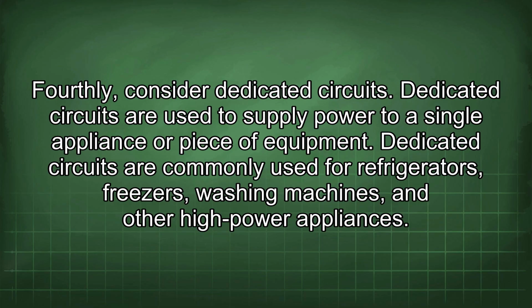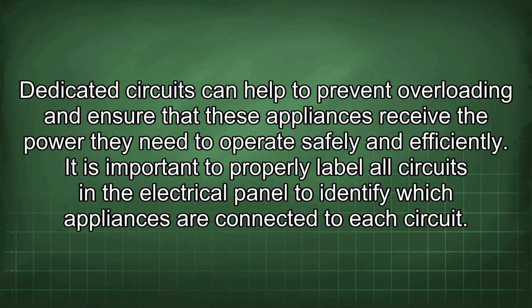Dedicated circuits are used to supply power to a single appliance or piece of equipment. Dedicated circuits are commonly used for refrigerators, freezers, washing machines, and other high-power appliances. Dedicated circuits can help to prevent overloading and ensure that these appliances receive the power they need to operate safely and efficiently. It is important to properly label all circuits in the electrical panel to identify which appliances are connected